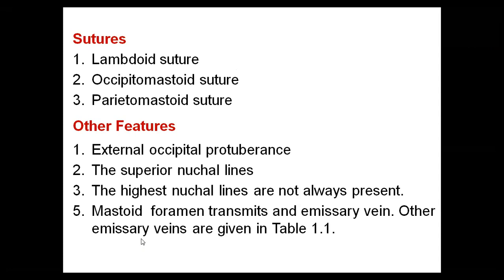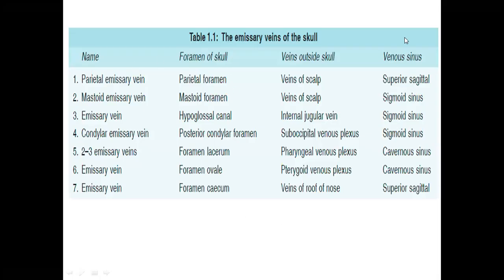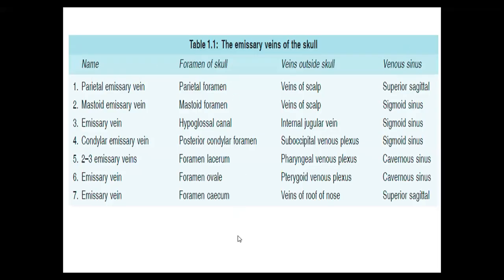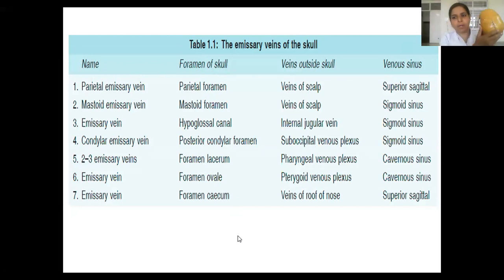What is the dangerous thing about emissary vein? If there is any infection in the scalp, through emissary vein, the infection can get transmitted to the brain. That's the reason they are important. Okay. Now, based on the place, like in the norma verticalis, you have studied. See, this is our norma verticalis, and here, in fact, I am just putting one chalk piece mark. In between the chalk piece, I will just stop sharing this so that you will understand clearly.